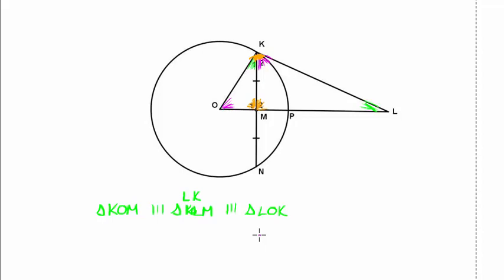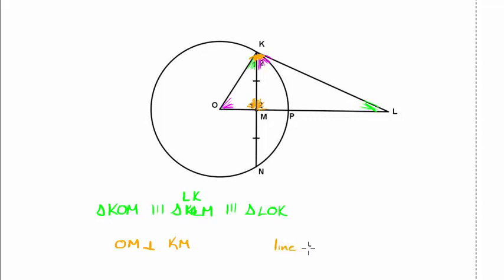Okay, let's start. Which one do you think is easiest to prove? M1 is equal to... Sorry? M1 and M2. Is equal to M2? Yeah. I think so too. But why? It's a line drawn from the center. Well done. So first, I have to say OM is perpendicular to KM.